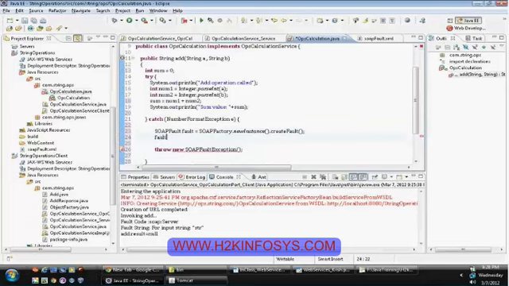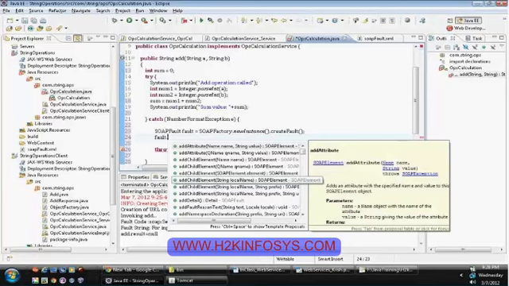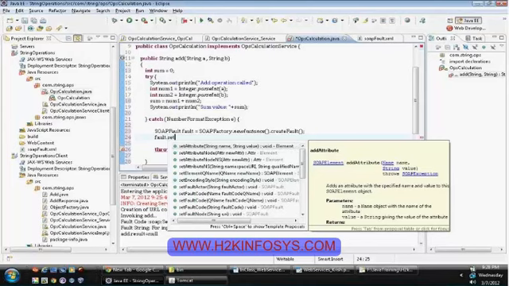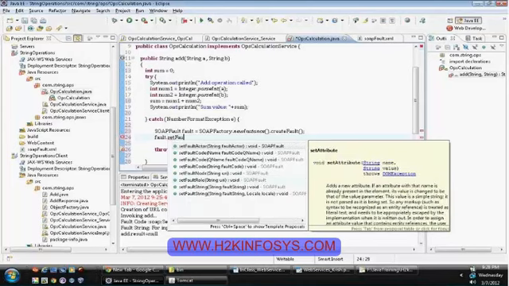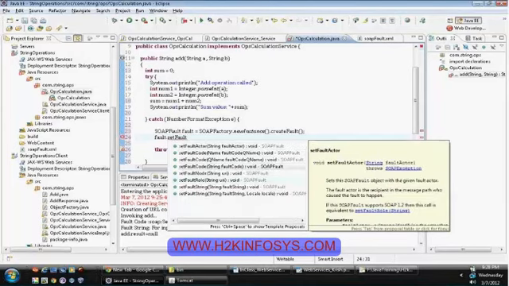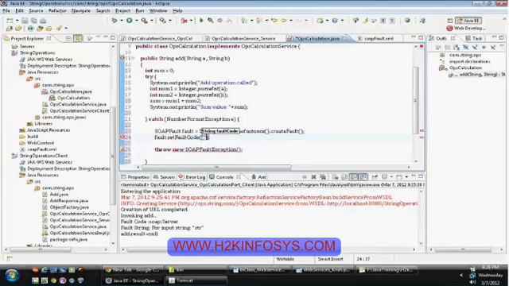And once you get the fault object, you can add the error messages or the error code. Fault.setFaultCode. Let us say I want to set it as 500 error because this is a server exception.